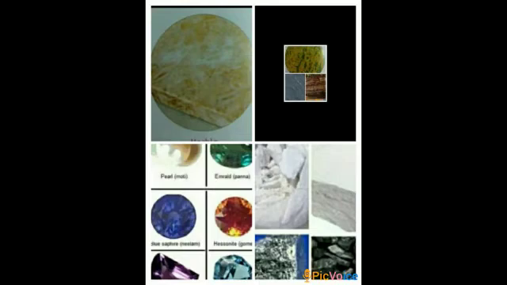Why are we using graphite, children? Graphite is mixed with clay to make the lead of a pencil. Then why are we using talc? Talc is used to make talcum powder. Then why are we using chalk, children? Chalk is used to write on the blackboard and it is also used to make lime. Then some stones like diamond, emerald and ruby are very precious. Then why are we using these stones? These stones are used to make jewelry.